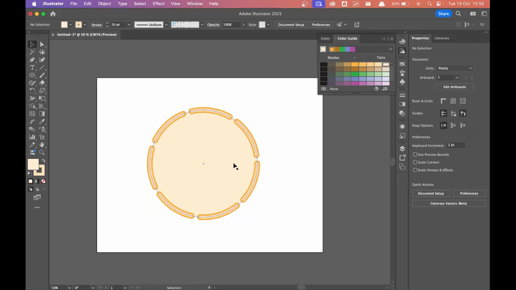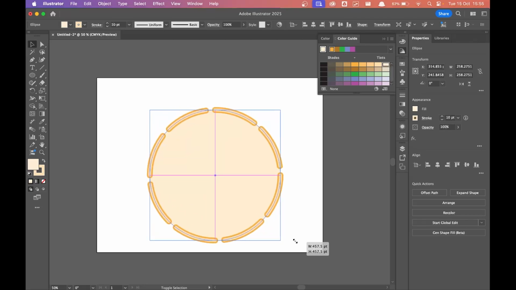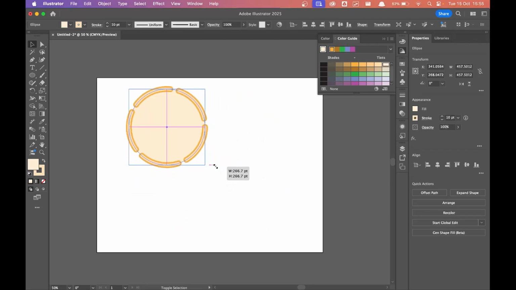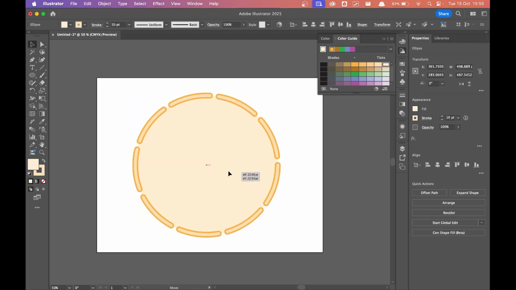You have a perfect little nucleus, and you can reduce the size, and the pose will change. The strokes will change according to the size. If you make it very big, there will be more number of gaps. Reduce it, there will be less. So you can play around with it and you can see what you like. Alright, so there you go. You have a nucleus which you can use in your